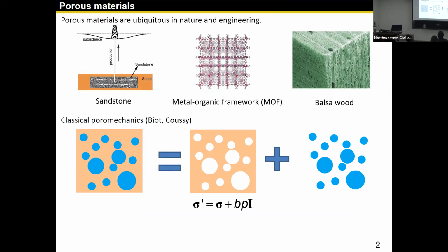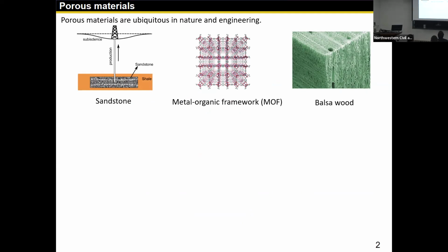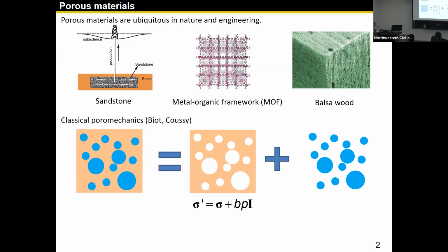First of all, porous material is ubiquitous in nature and engineering. Humans extract resources and energies from the pore space of underground reservoir rocks. We engineer novel nanoporous materials to create large pore space and high specific surface area to be able to capture gas and store gas and for catalysis purposes. Biomaterials such as wood and even the tissue in our body are porous materials because they maintain their structural integrity, meanwhile allowing fluid to transport in and out.